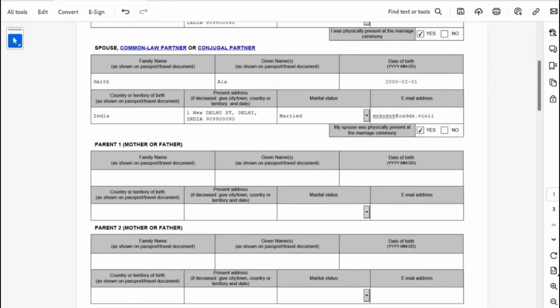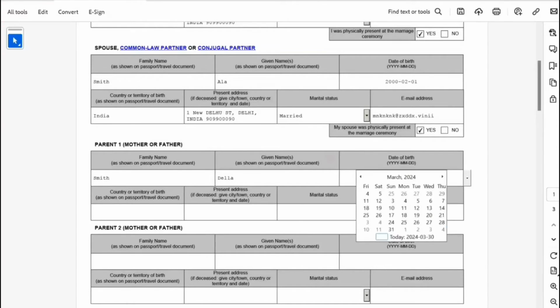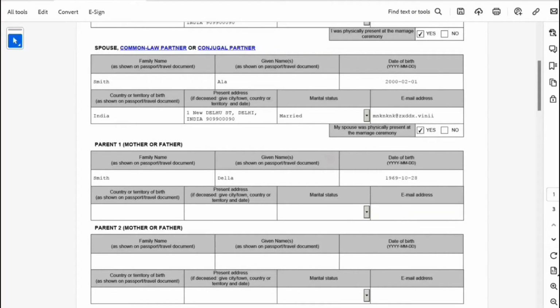Mother or father. Okay, so let's say he has a mother whose name is Della Smith. Date of birth, 1969. Okay. Just a sample, guys. Country, date of birth. Let's say all of them live at the same place. Now for parents, let me see if